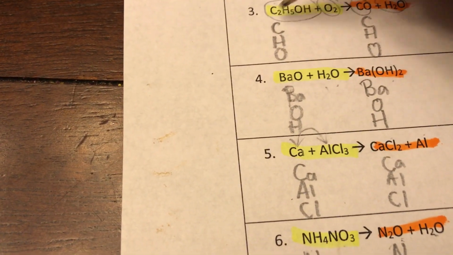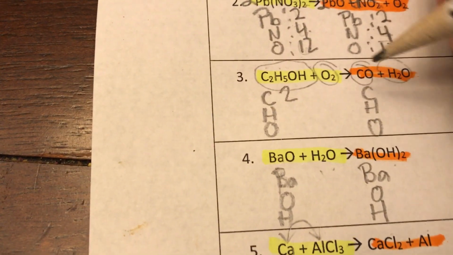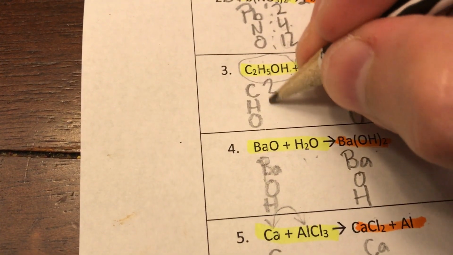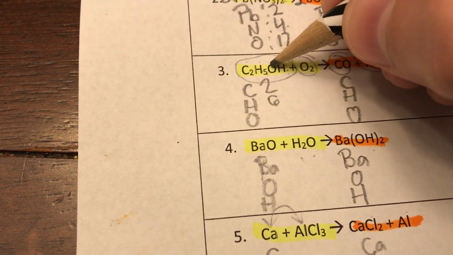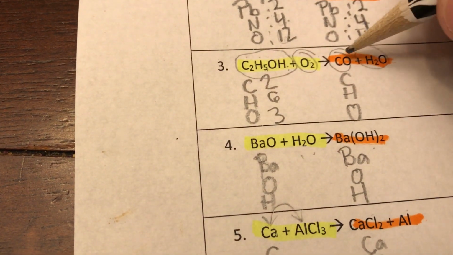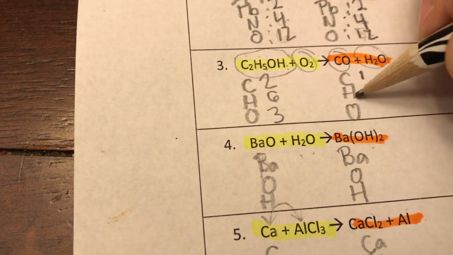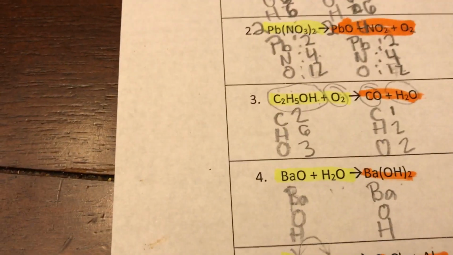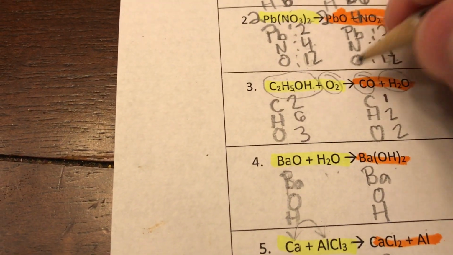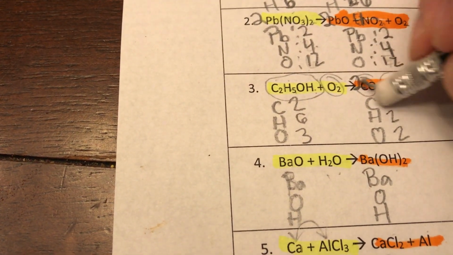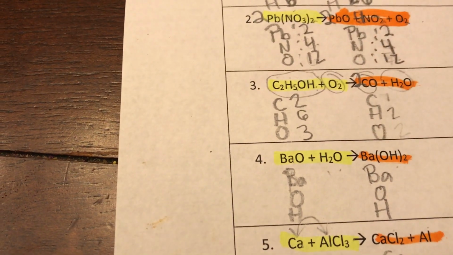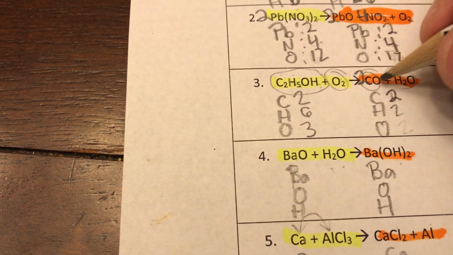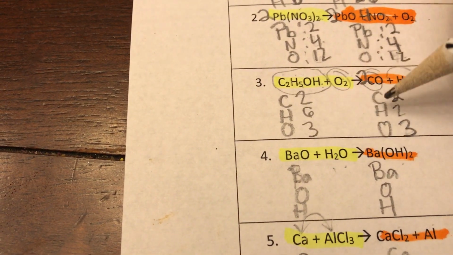This next one here, I've got 2 carbon, 5 hydrogen plus another hydrogen over here. Don't forget that hydrogen for a total of 6, and then 1 oxygen, 3 oxygens. And that goes to 1, 2, and 2. Okay, so I'm gonna need to do something with the carbons right off the bat. So I'm gonna put a 2 there. And that's gonna make this a 2. And that's gonna make my oxygens now 3. Oh, that's nice. Except,